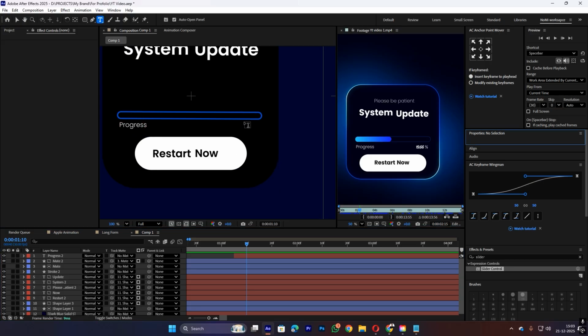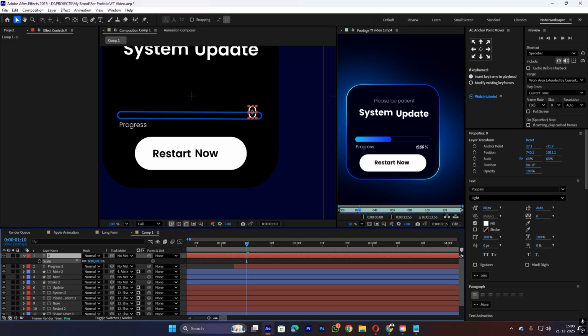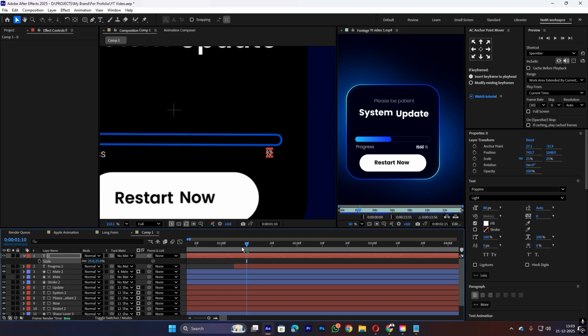Press Ctrl T, press 0 there, center the cursor, scale it down like that, scale it more until you achieve your perfect result. Okay,